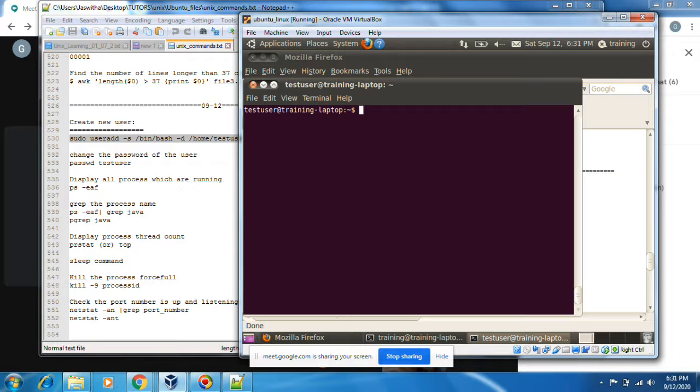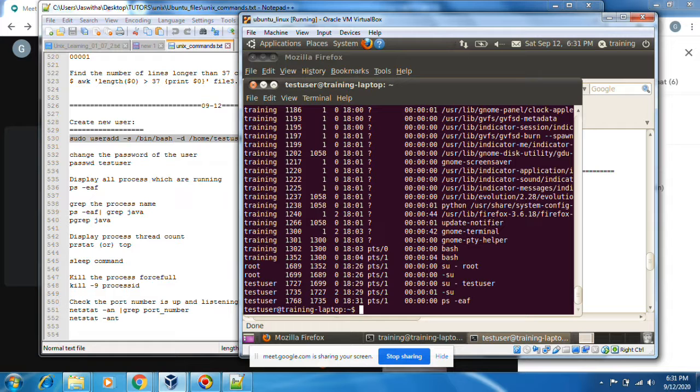Next thing is how many processes are running in this system. ps -eaf. These are the list of processes running in this machine. You see, su root to bash.